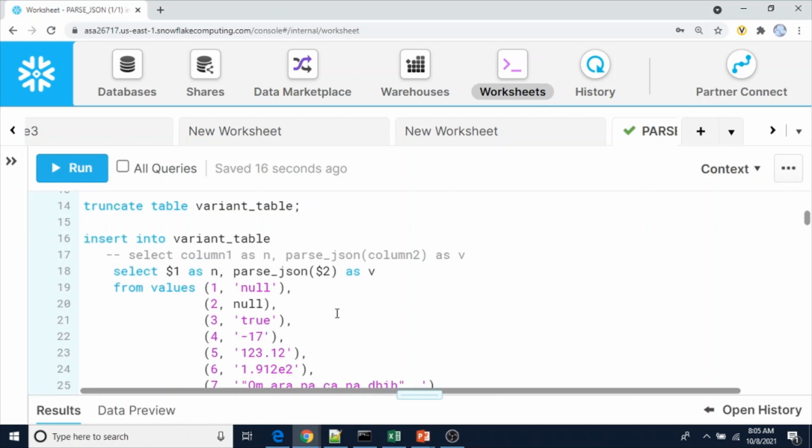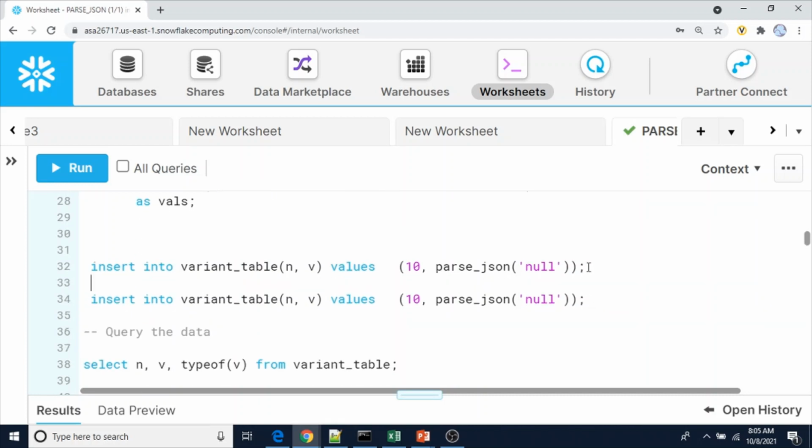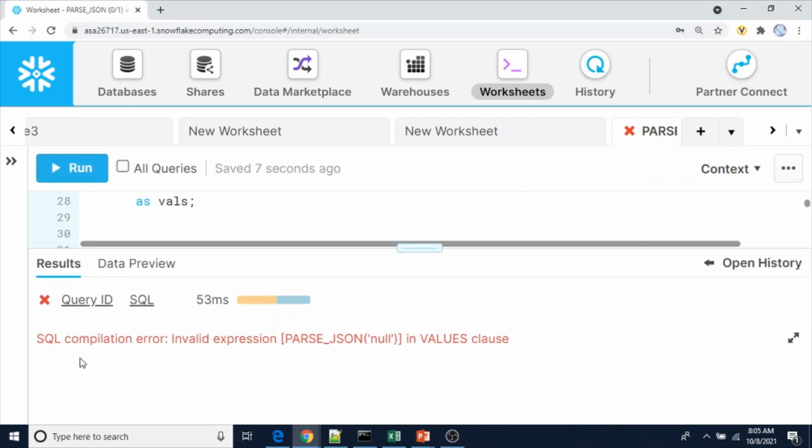Now, as I said, you cannot use parse_JSON directly as part of the insert statement. See here, this is the one: insert into variant table column names values 10 comma parse_JSON null. Here, see, SQL compilation error, invalid expression parse_JSON null in values clause.